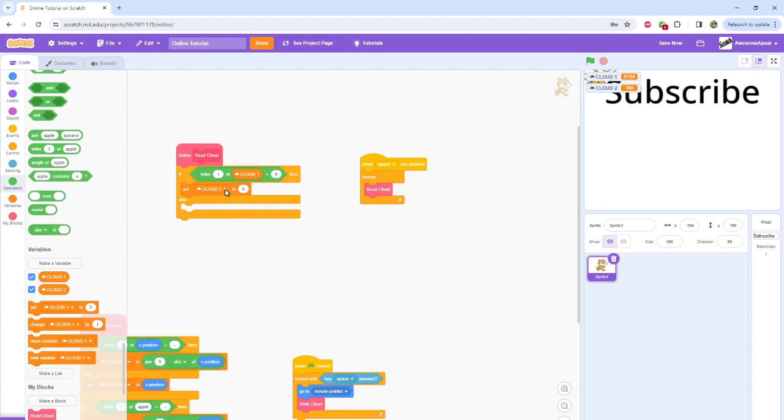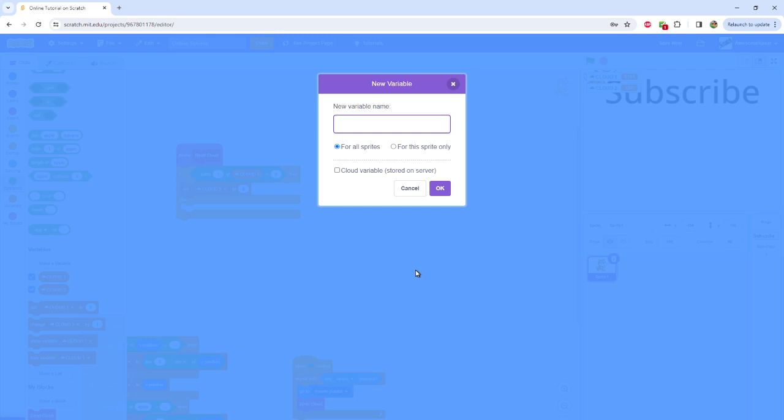And the way we're going to do that, we cannot actually use the abs operator here because it's a 0, not a dash. And the way we're going to do that is to create a new variable,